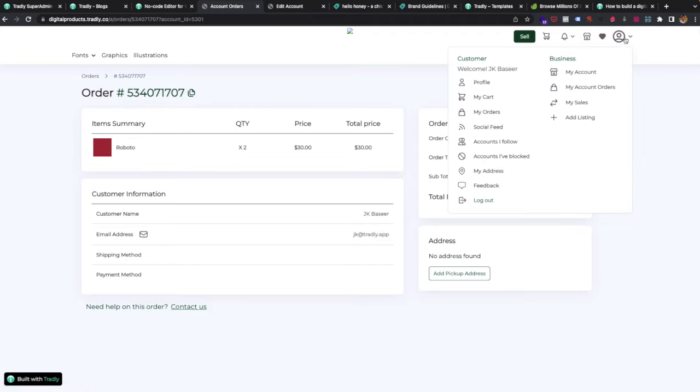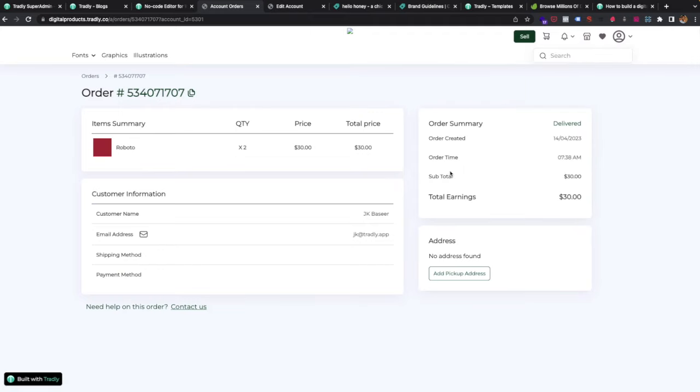Here it says your total earnings are 30. Let's say as a marketplace, the marketplace charges you 10% commission, so you will see a different value here. Okay, so now we have done the buyer experience. It is very straightforward, so I think it shouldn't confuse you,